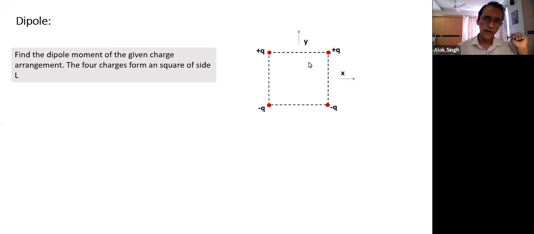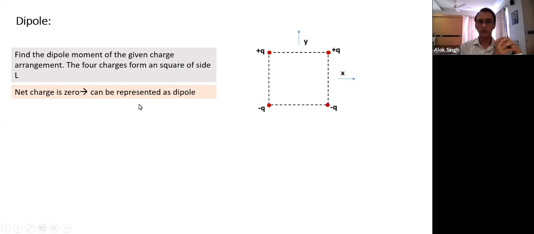Will it lead to different results or the same result? Let's check that out. What we notice here is that there are two ways of pairing up. One way, we can pair the two charges on the left hand side together, and the right hand side together. The other option is along the diagonal. We can pair like this, and we can pair the other diagonal like this.